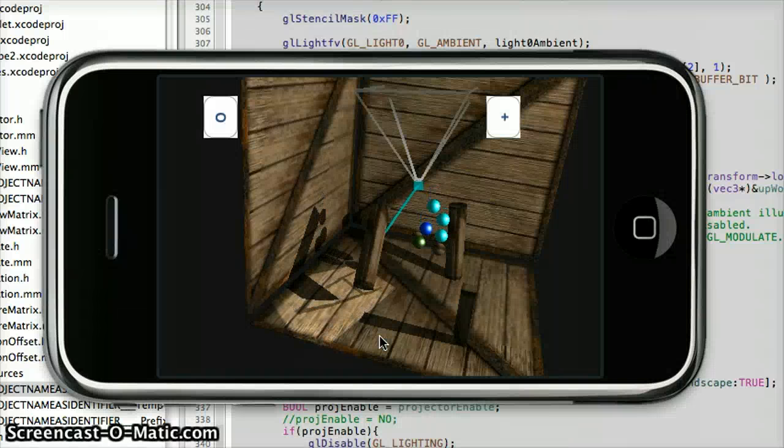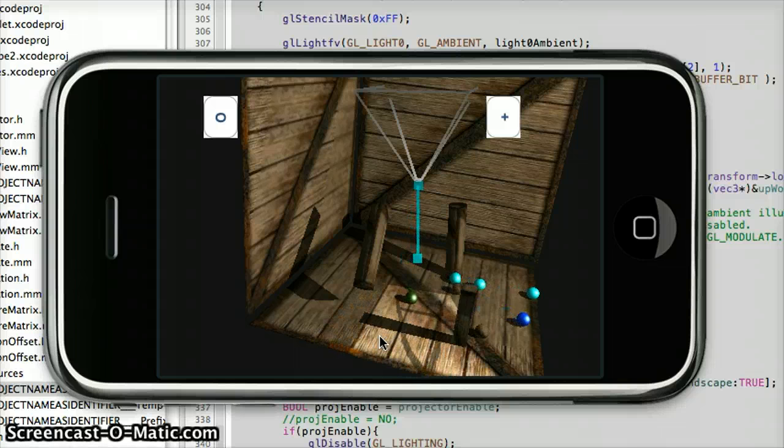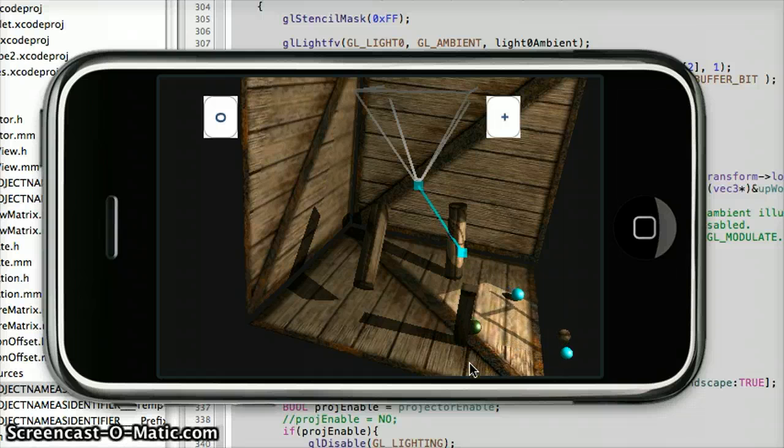Hello, small update to my previous OpenGL ES 1.1 texture projection demo. You can see that shadows are active for all the objects in the scene. They are active for the spheres, they are active for the foreground geometry, these three textured objects, and they will